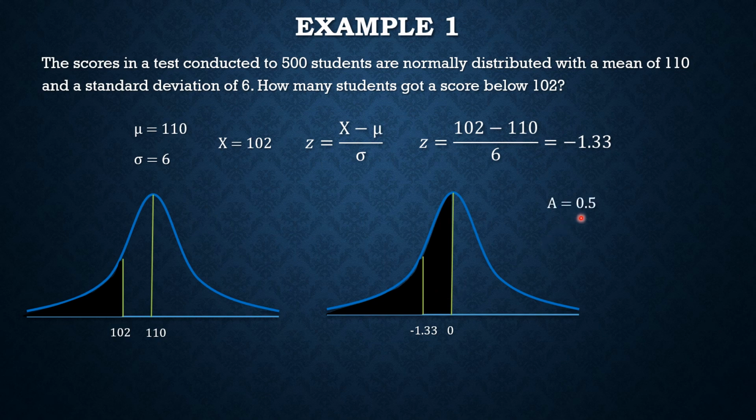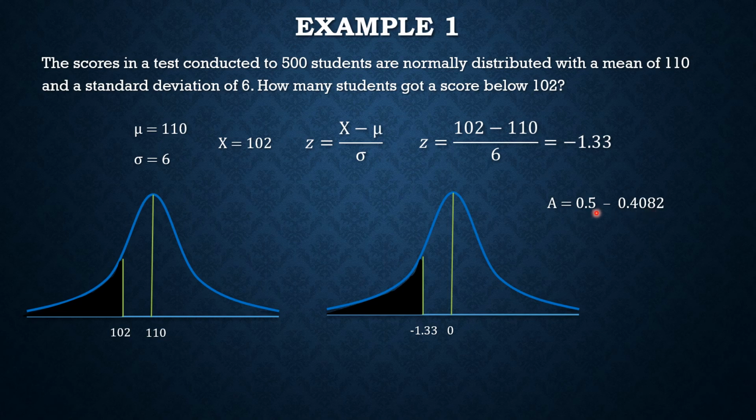Isusubtract natin itong natitirang portion na ito sa kabuuan para maiwan natin itong nasa left part na ito. So, by subtracting this portion, matitira ito, which is yung gusto nating makuha, and then the area from 0 to negative 1.33 by using the Z table, we have